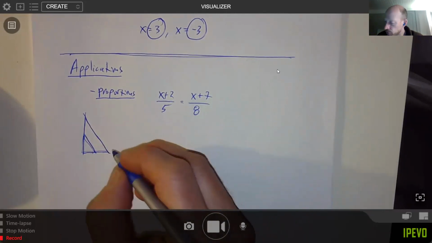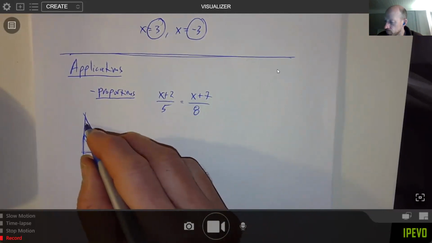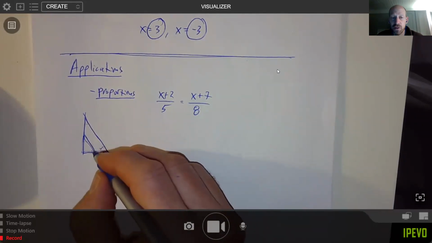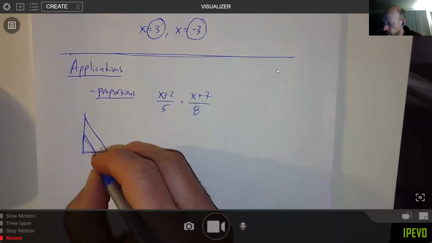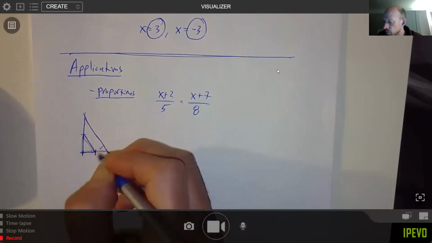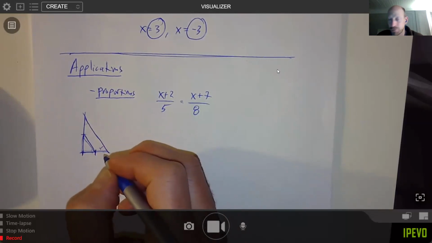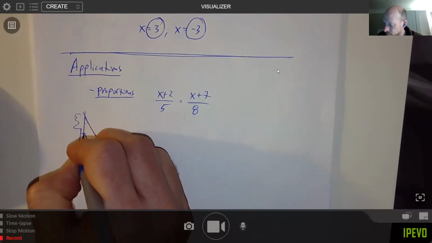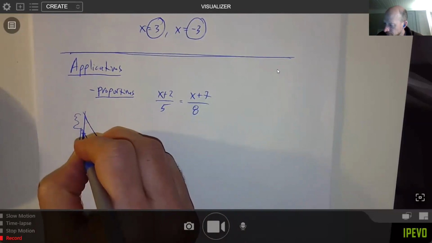So if the triangles all have the same angles, then their corresponding sides are proportional. So this is kind of classically used. This is how people used to measure really tall trees. If you had a big tree here,